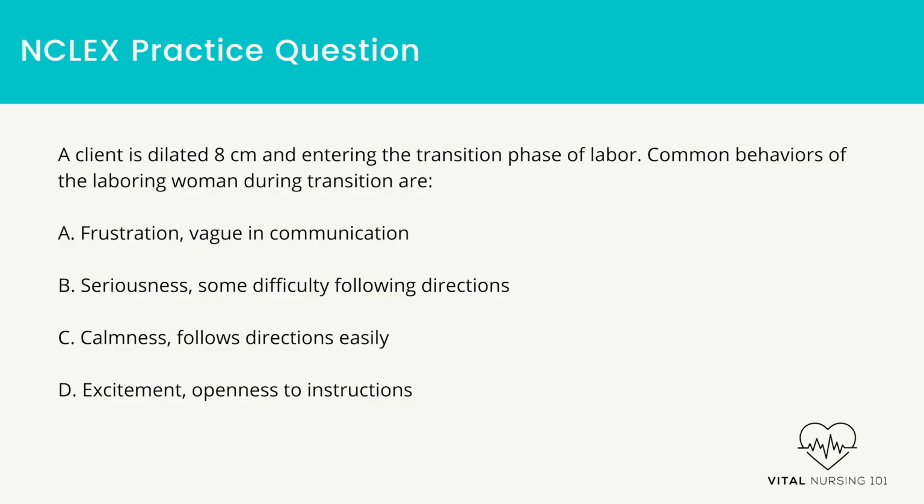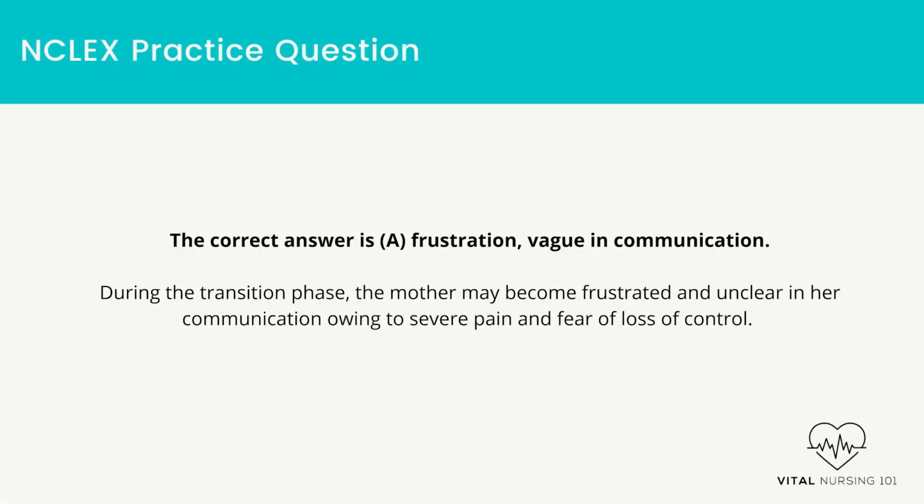A client is dilated 8 centimeters and entering the transition phase of labor. Common behaviors of the laboring woman during transition are: frustration, vague in communication; seriousness, some difficulty following directions; calmness, follows directions easily; excitement, openness to instructions. The correct answer is frustration, vague in communication. During the transition phase, the mother may become frustrated and unclear in her communication owing to severe pain and fear